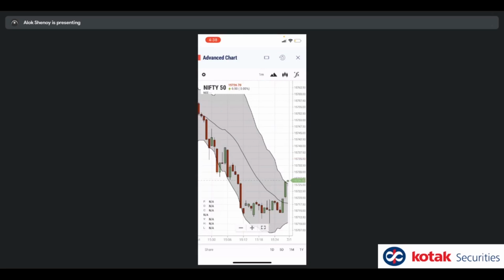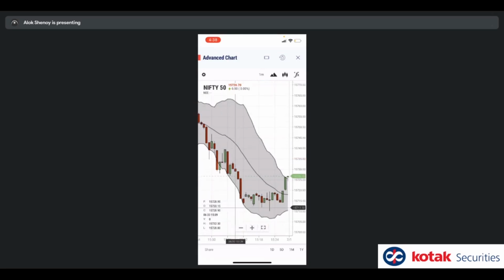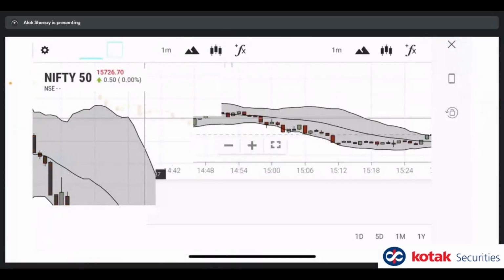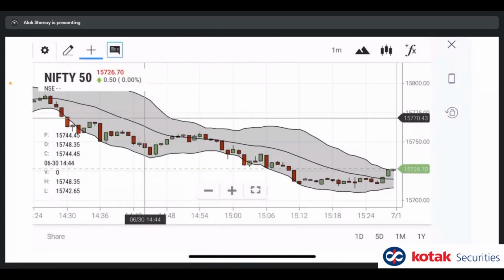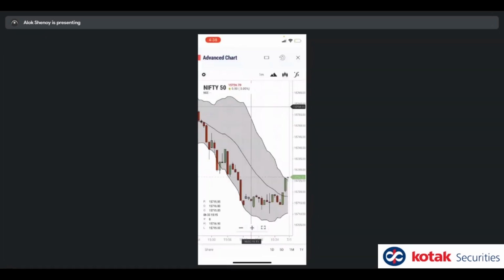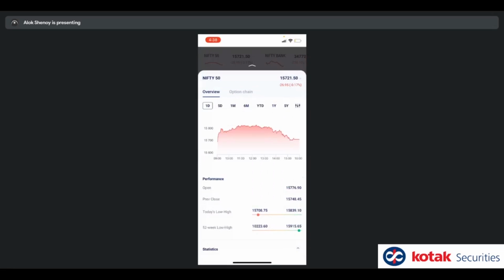And then you can pan by just taking 2 fingers and panning, and that will give you the data from the past as well. If you want to see this in landscape mode, you can just rotate your phone and it will reset to landscape, and you can see a bigger plot of the same data. Okay. I'm just going back to portrait. I'll just close this for now. We'll revisit advanced charts when we go to some particular script, and we can talk about it further then.